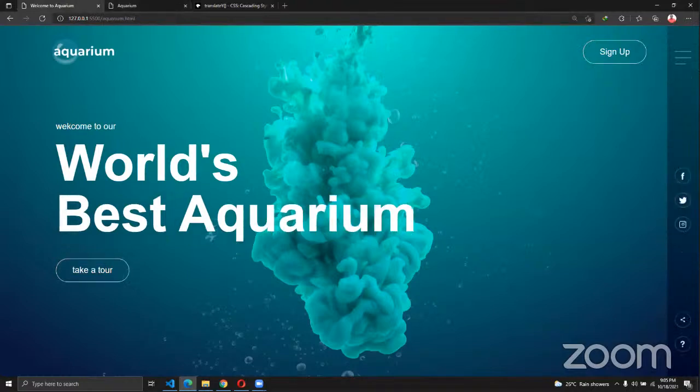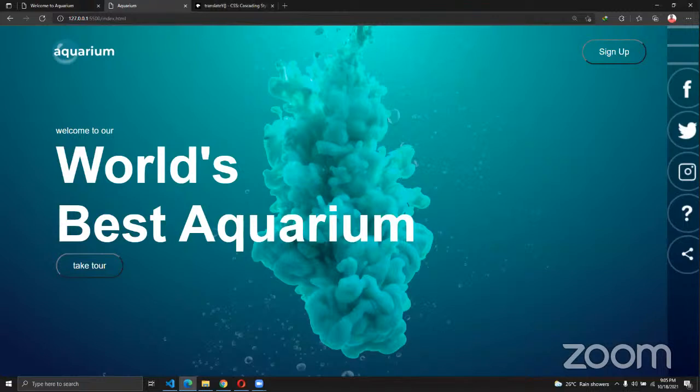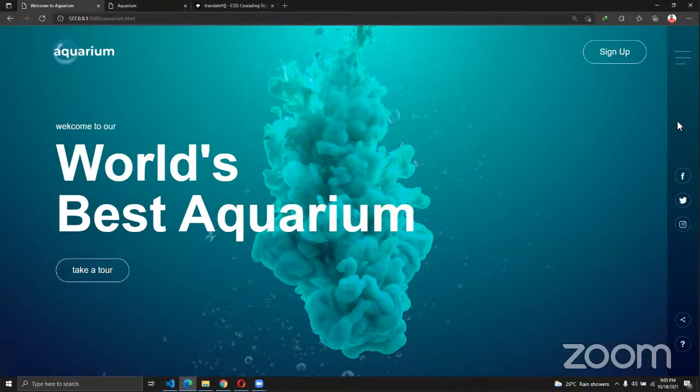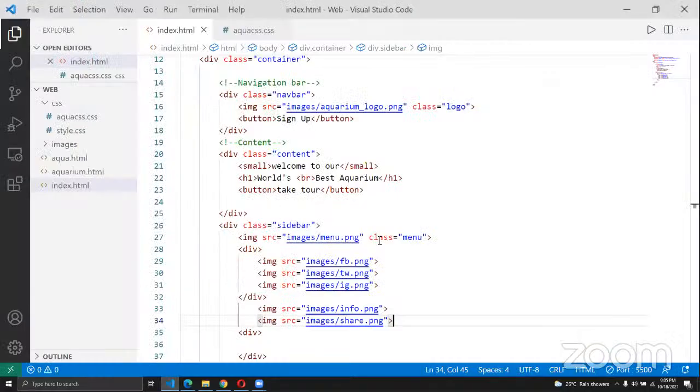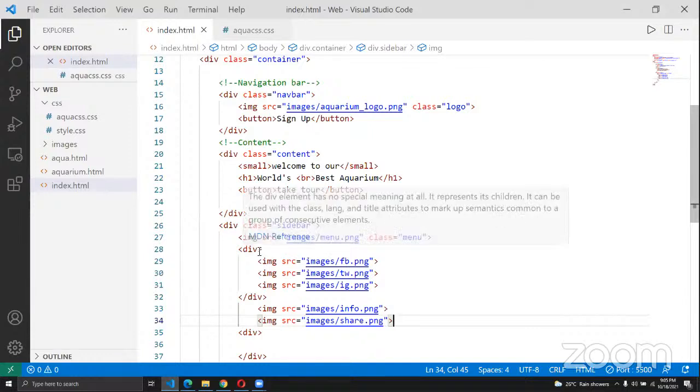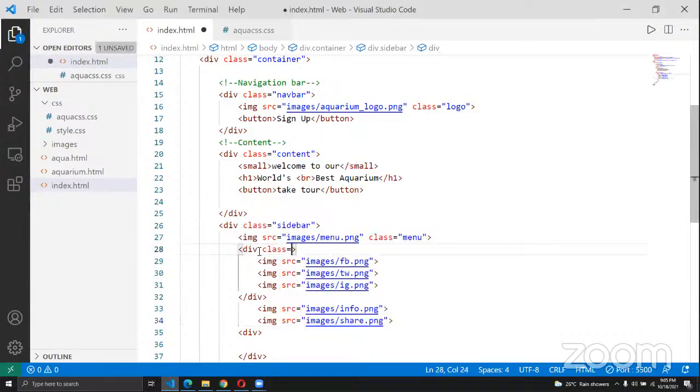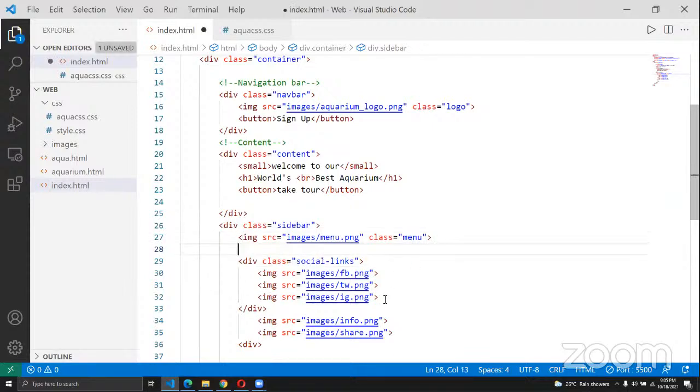Now we can see we want to achieve this, but see what we have. So the HTML has done this. It is the CSS to style it to this. And what you need to change is just the size, the location. Only that. So we're going to create two classes. Within this, we're going to use a class of social links. Then to style this one, we're going to use a class of,